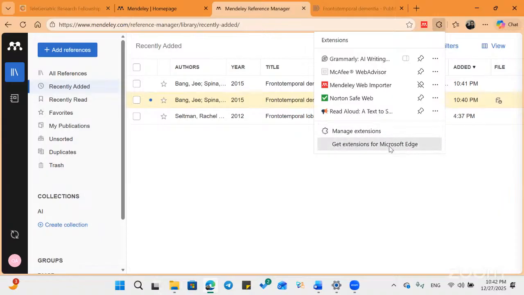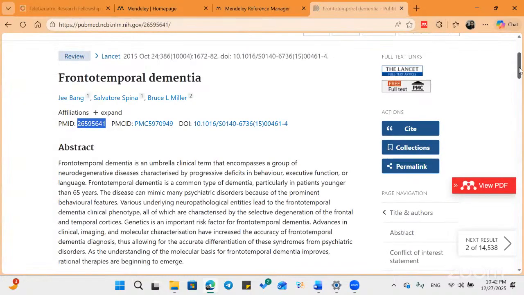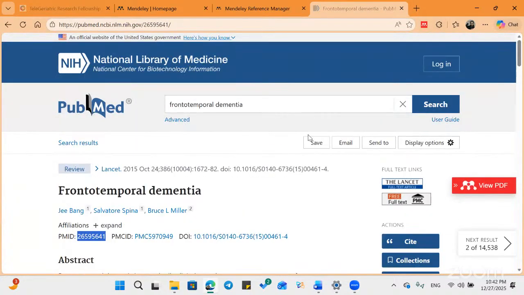I guess it works for multiple browsers like Chrome, but I'm not sure. And when you attach the extension and open it at any journal page or on PubMed, for example, like now,